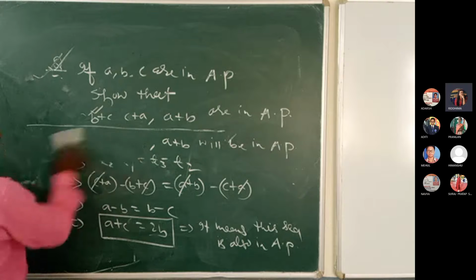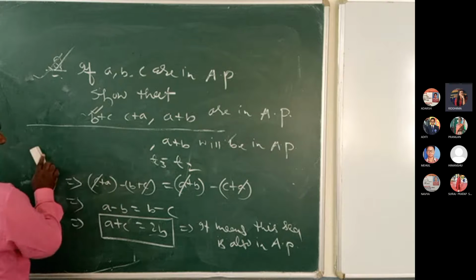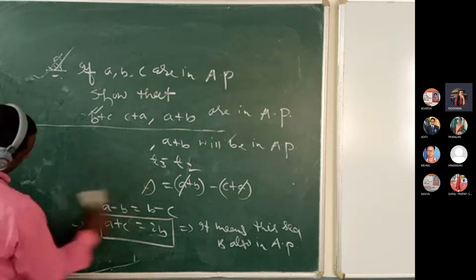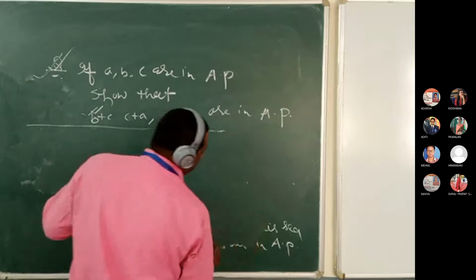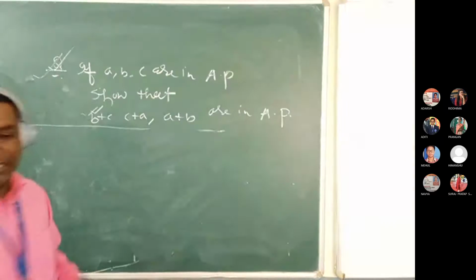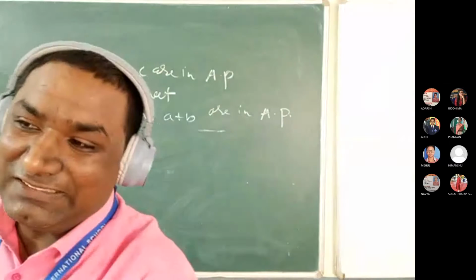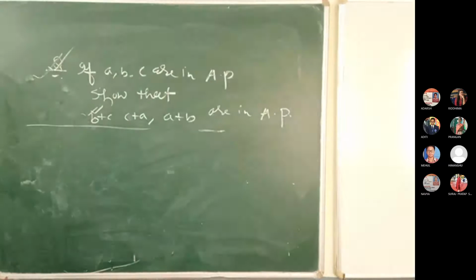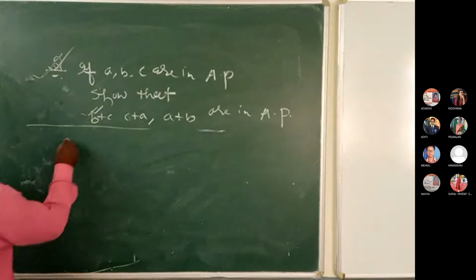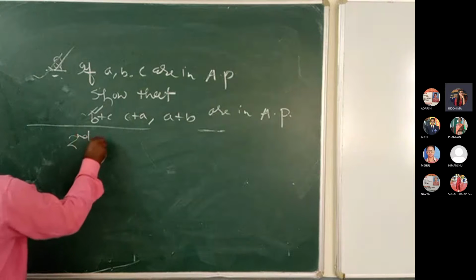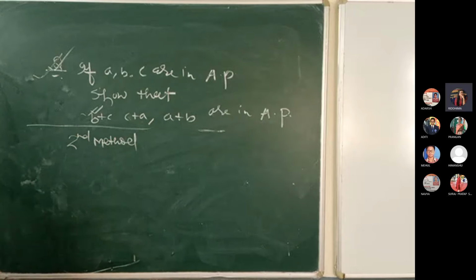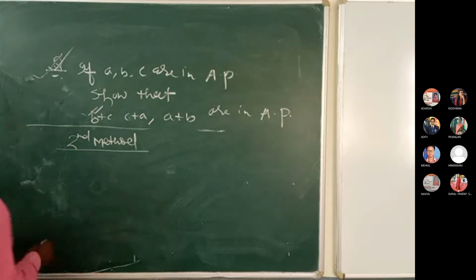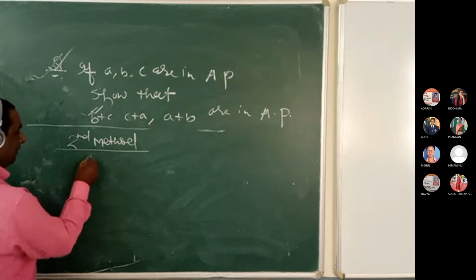Sir, so that was the common one. The second method will be based on properties, right? Yes, it will be based on properties. And it depends upon the nature of the question that is asked. Sometimes it is applicable, sometimes it is hard to apply the properties of AP in the question. So sir, here probably the first property will be used. Yes, okay sir.